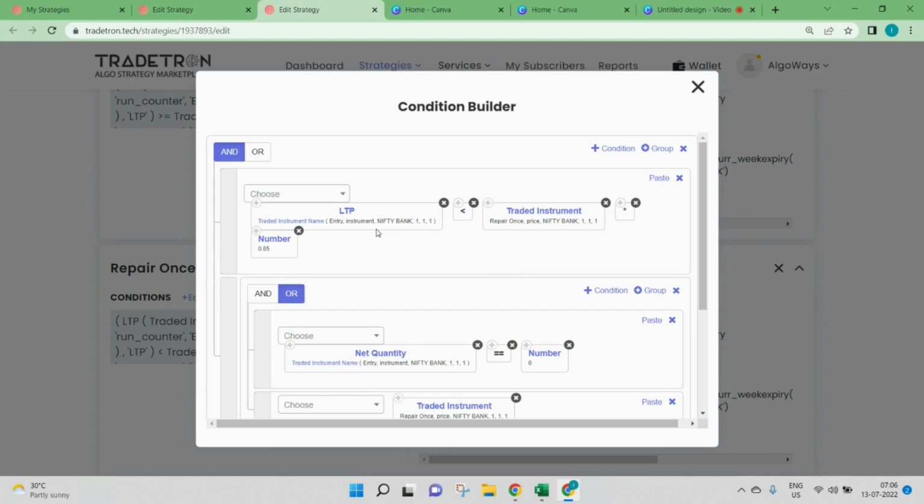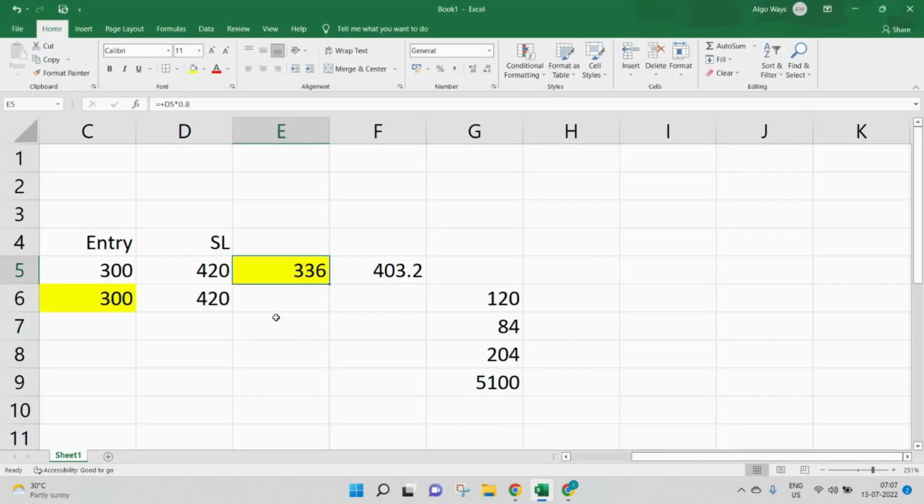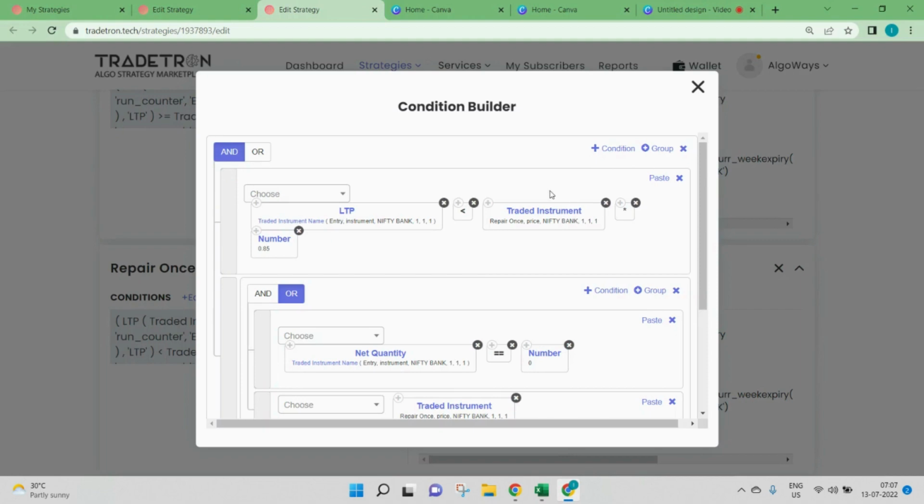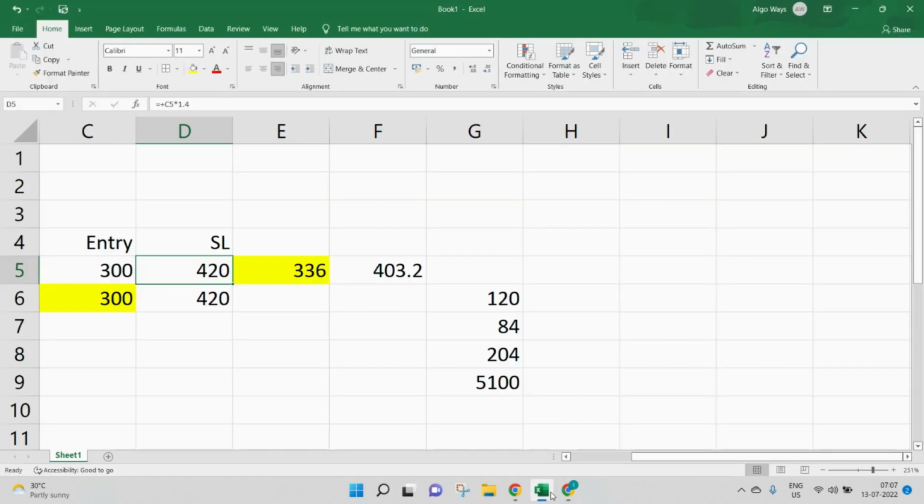So this is CE LTP, and this value will be in our case 420. This one, repair 1 traded instrument means the rate at which this repair 1 has happened. So what this first set of condition is calculating is that our LTP has come below the exited price, the SL price of 420, by 15%. I have put 0.85, so it means 15%. So in this case, if it comes down by 15%, that is 0.85, what we are saying is that we will re-enter that leg again at 357,